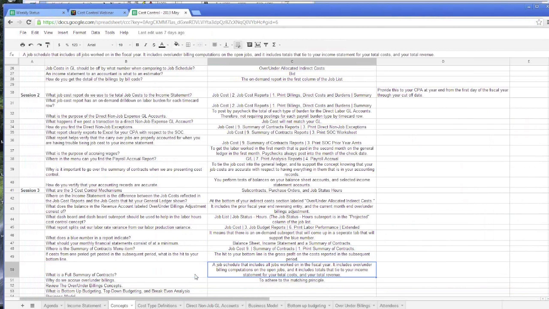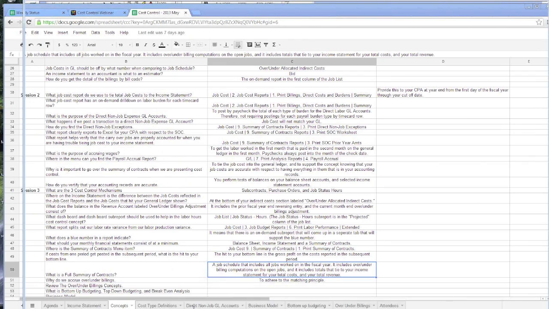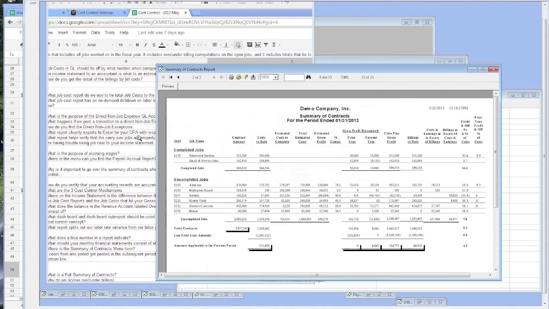Okay, what is a full summary of contracts? And a job schedule that includes all the jobs worked under the fiscal year. It includes over/under billings computed on the open jobs, and it includes totals that tie into the income statement for your total cost and your total revenue. And I think that's a big deal because it proves your income statement, proves your over-under allocation